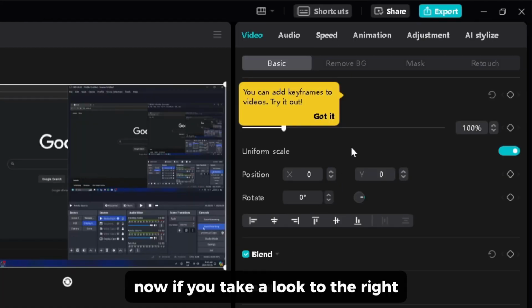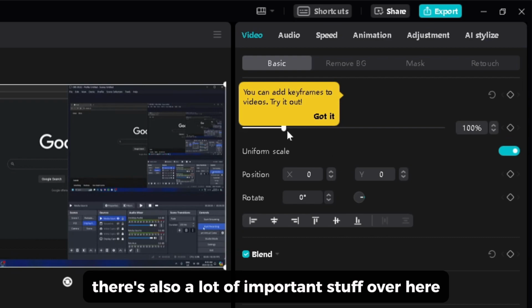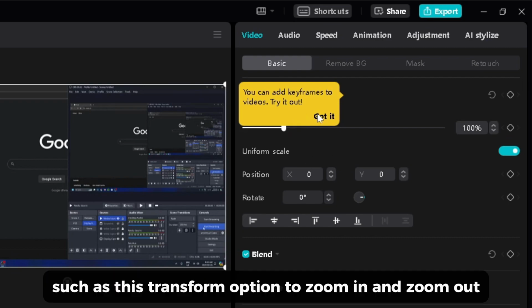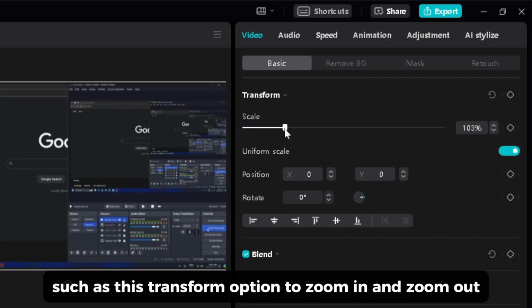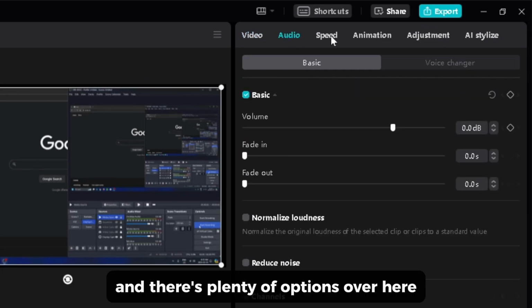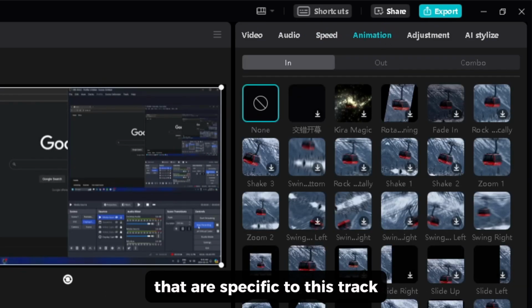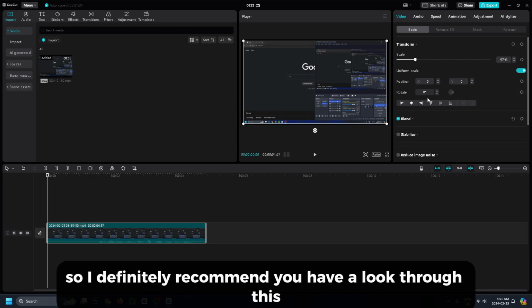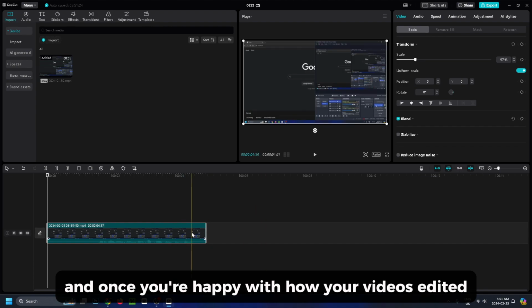Now, if you take a look to the right, there's also a lot of important stuff over here you can use, such as this transform option to zoom in and zoom out. We also have a bunch of stuff down here, and there's plenty of options over here that are specific to this track. So I definitely recommend you have a look through this, and once you're happy with how your video